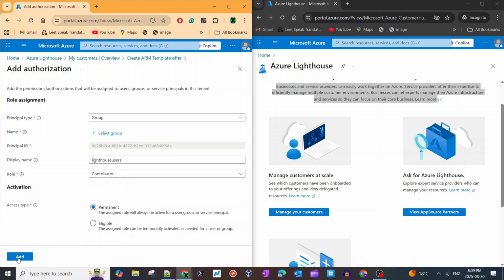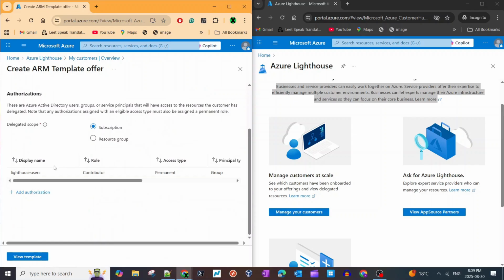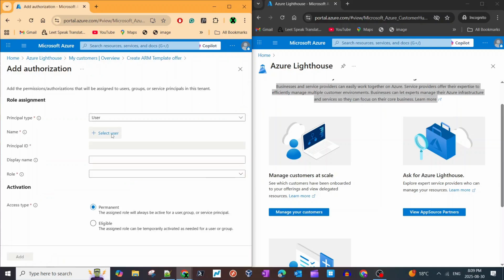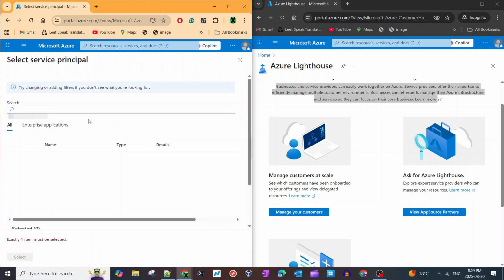Select that, permanent. That's good. So under add authorization, you have the group listed with the role, and it should be permanent. Now we will also add a service principal, and I already have a service principal created